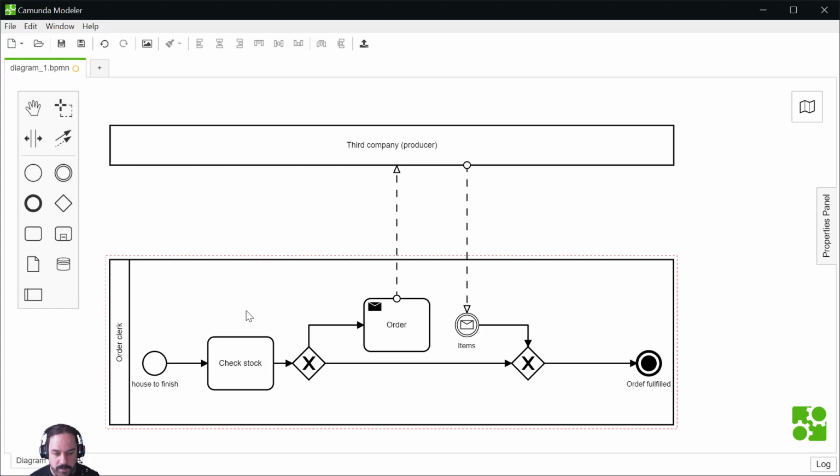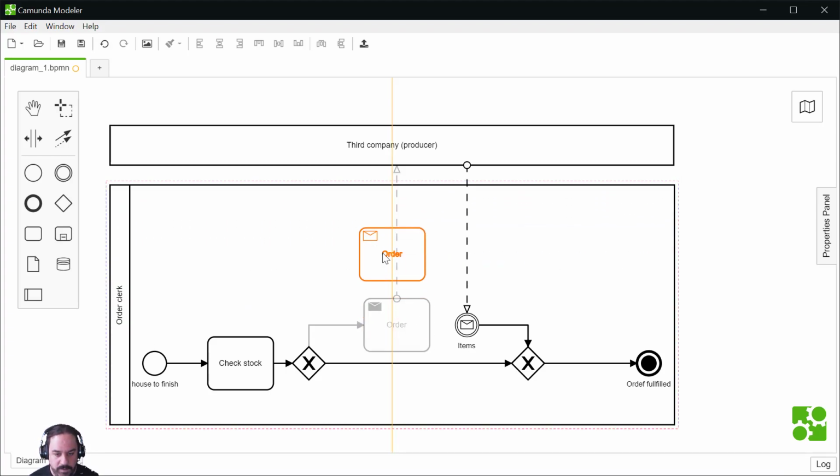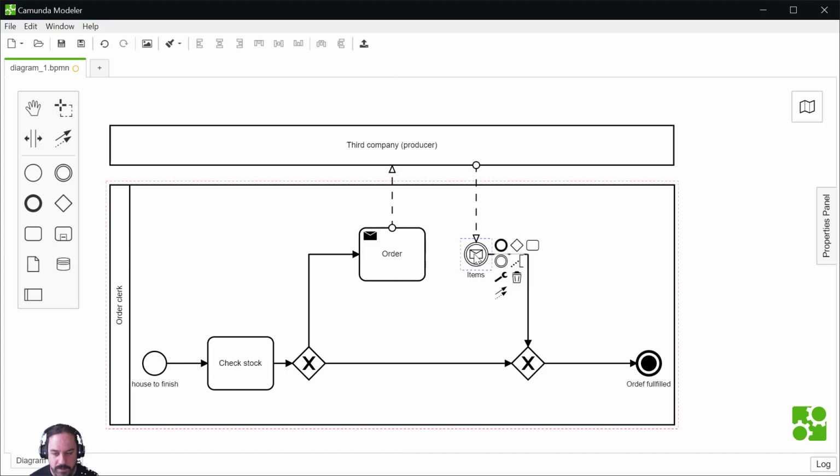Now we'll add a boundary event, which is another kind of intermediary event. So let's make some room. There is a tool for that, but okay. So I will click on that one and drop it on the border.